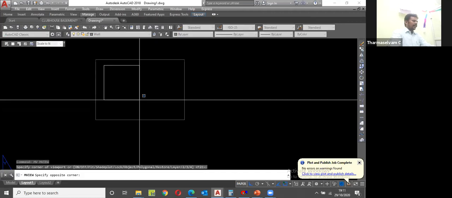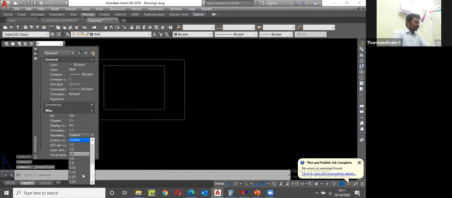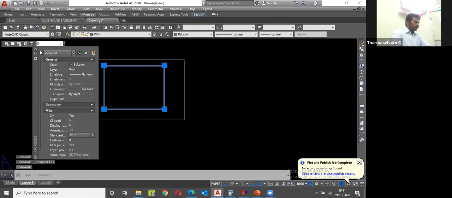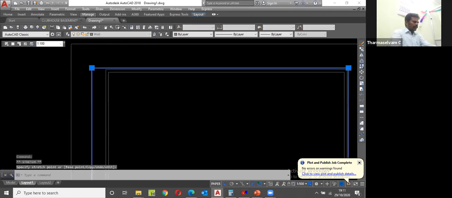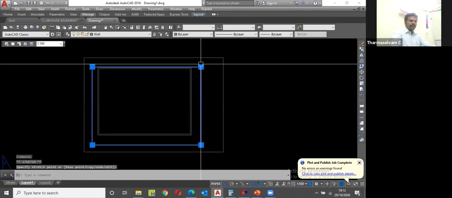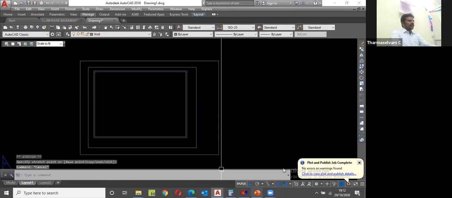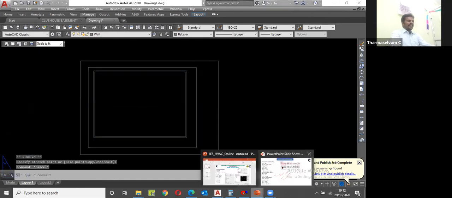Plot one rectangle, and properties. Control 1, custom. You can change it to 1:100. Now the object is covered in this A4 sheet. Now what is the text height for us? 1:100 is the text height.